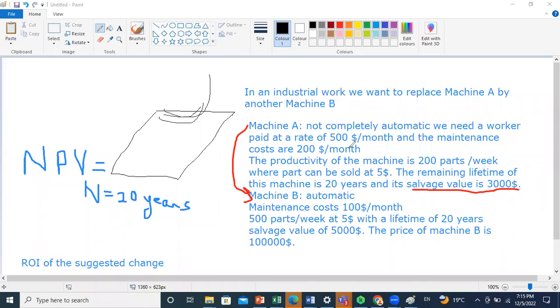Who can tell me? In general, we give the salvage value at the end of lifetime, so after 20 years you can sell machine A at $3,000. But if you opt for replacing machine A by machine B, then you should know what is the current price